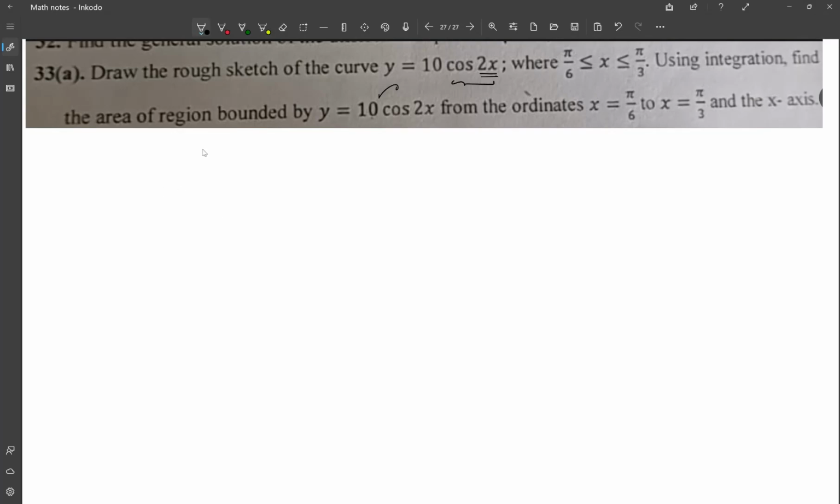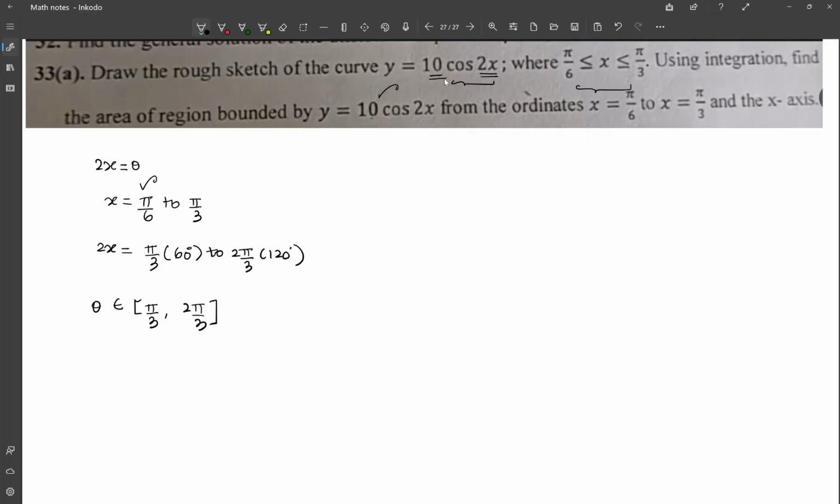Okay, so we are going to convert this 2x to theta. So the angles are also going to change. If 2x is equal to theta, x is from pi by 6 to pi by 3. So 2x is going to be from 2 pi by 6, which is pi by 3, that would be 60 degrees, to 2 pi by 3, which is 120 degrees. So theta belongs to the interval pi by 3 comma 2 pi by 3,